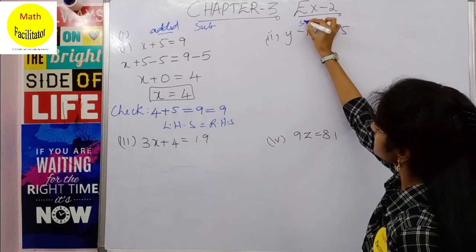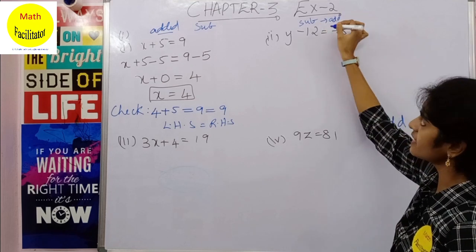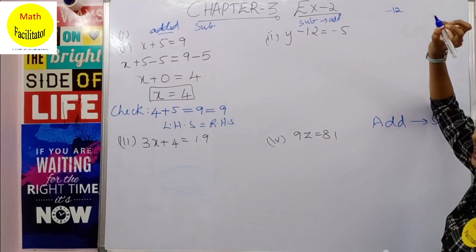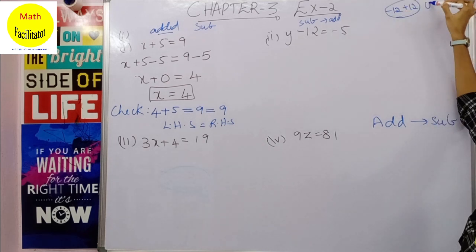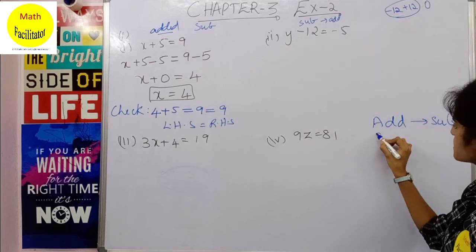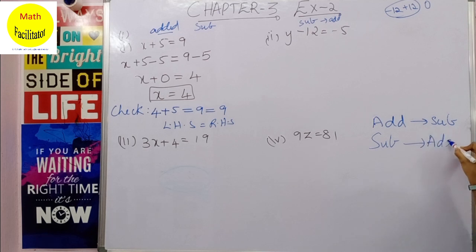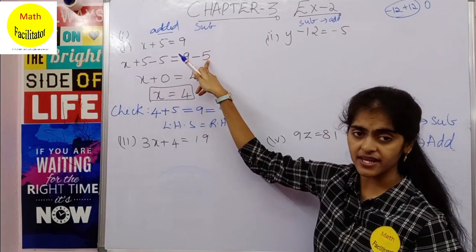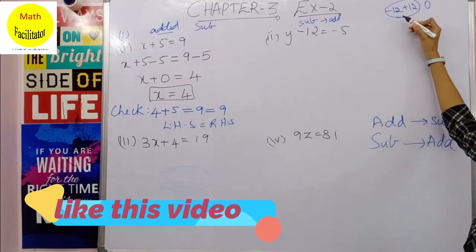Since you have something subtracted from y, if you add the same thing to y, that will become 0. You have minus 12. If you add 12 to this, what happens to this entire value? It becomes 0, right? So if you have something subtracted, you will add the same value. Clear? And this addition you will do on both the sides. Likewise here we have subtracted on both the sides. Yes, minus 5. The same logic, you will add on both the sides, because minus 12 plus 12